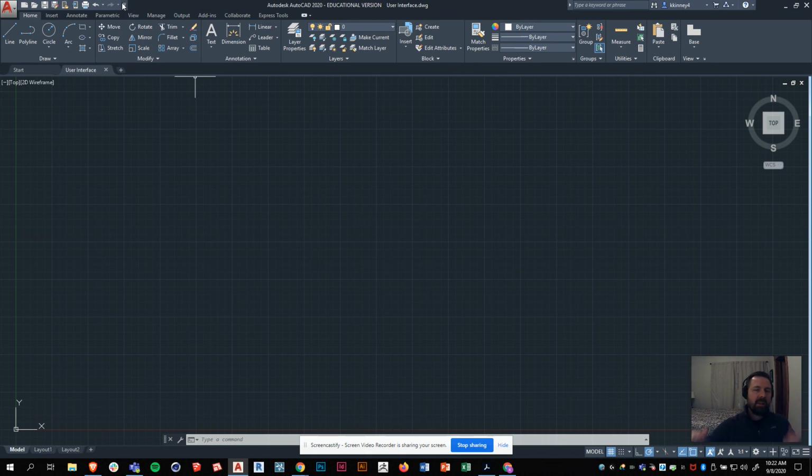Okay, moving down, we have a ribbon, right? Right now, this is the home tab, and here's the ribbon for the home tab. And there's different panels along the home tab. These panels are Draw, modify,